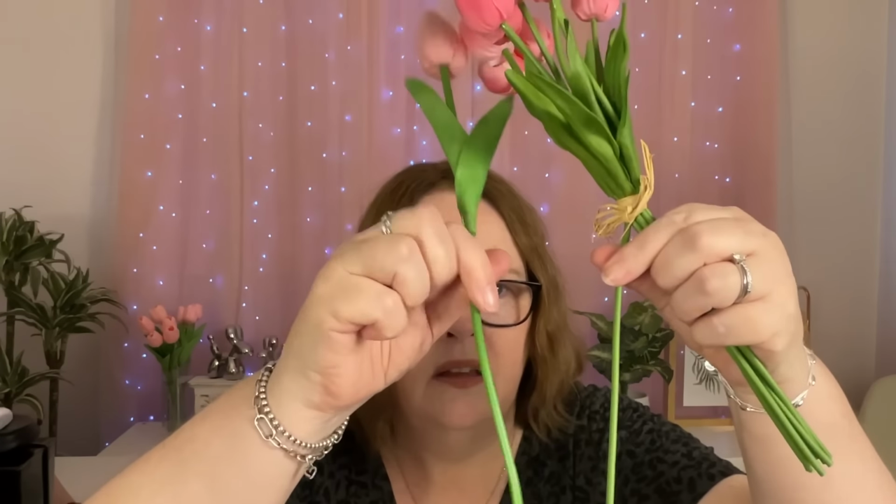I wasn't totally sure whether or not I was going to like them together. I'm not sure. Definitely a kind of a different tone. This is more of a peachy pink and these are more just pink. But they're also different as far as just the size of them. These ones are definitely like a thicker stem. Yeah, I don't know. The quality of this one I think just seems a little better,